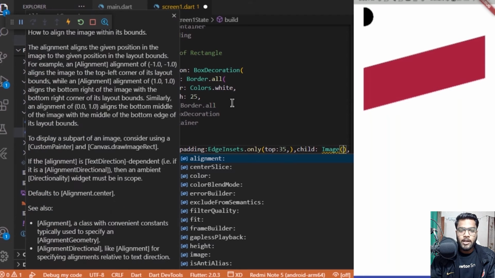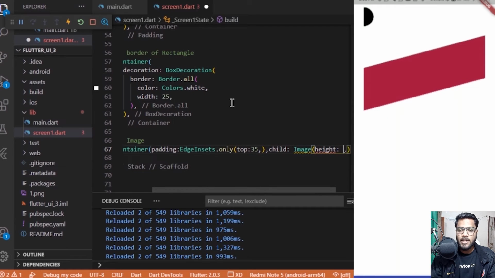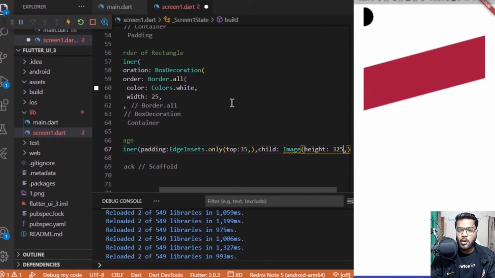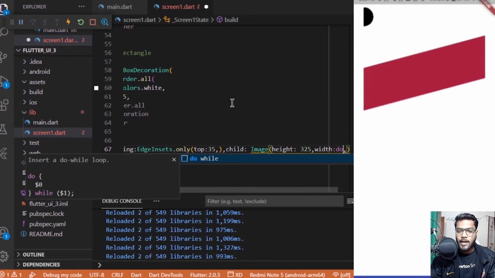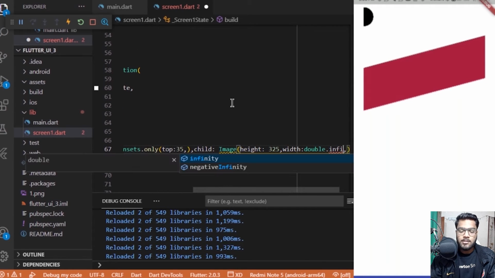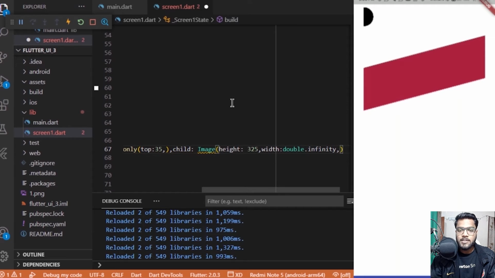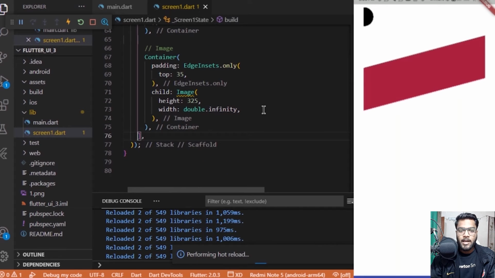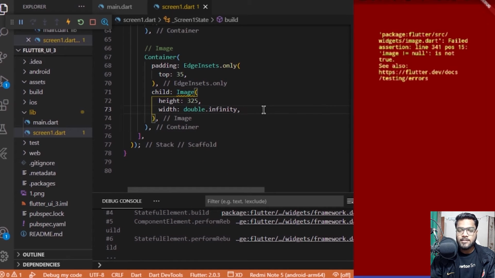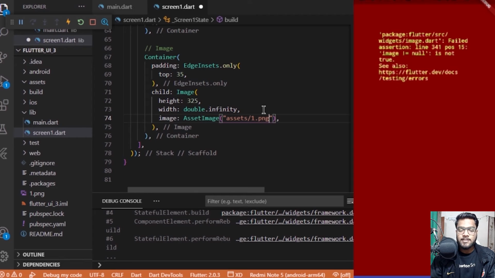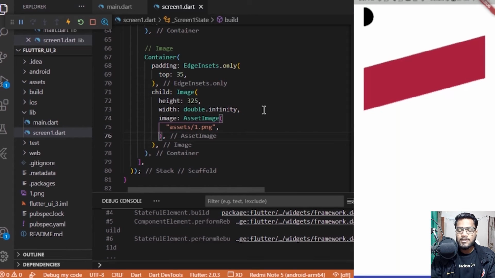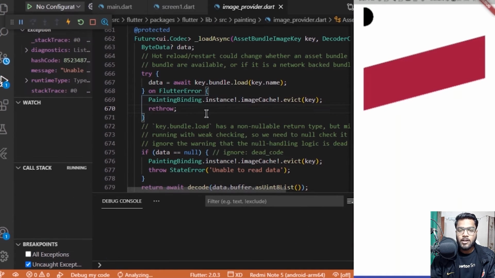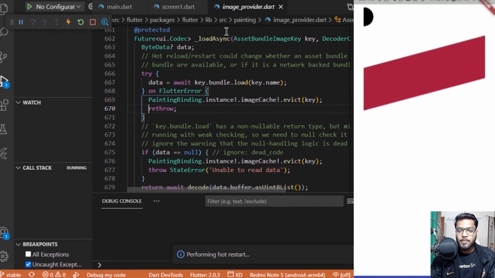So yeah, you can check these things as well if you are facing any issues or overflows inside your UI. And after that, the width would be infinity, because we want the image to occupy the entire width which is available. And there it goes, we are having a basic error over here, which is saying that image cannot be equals to null. So we need to specify image as an asset image, as we are adding an image from the assets directory. And inside this asset image, I have added the location for the image, and it showed me with an exception.